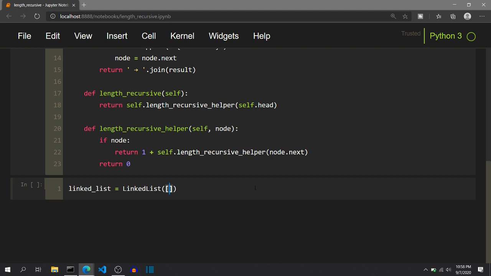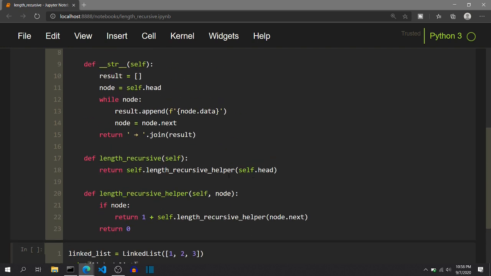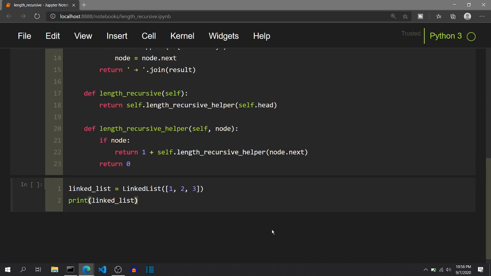We will first pass the same example that we have just visualized, that is 1, 2 and 3, and we will first visualize the linked list that we have constructed by using the print function. This print function will work because we have defined the string function and it knows how to print a linked list. Now if I execute this, we will see that 1, 2 and 3 is correctly being constructed.